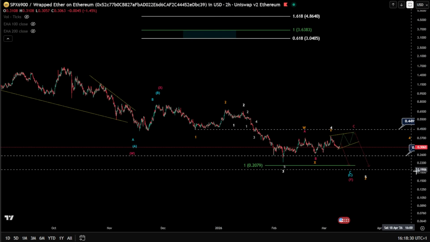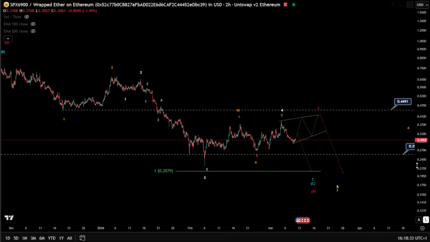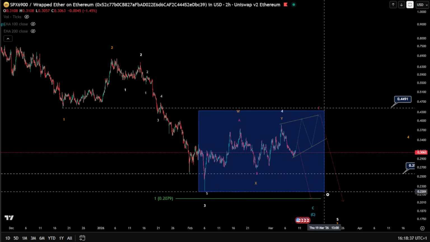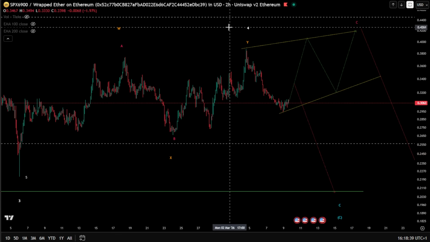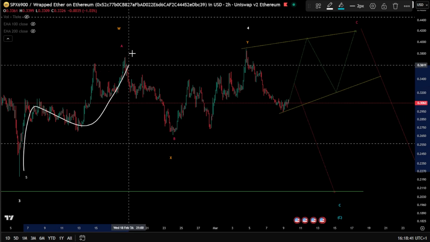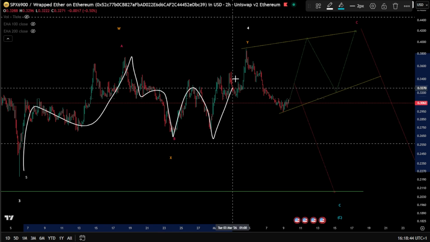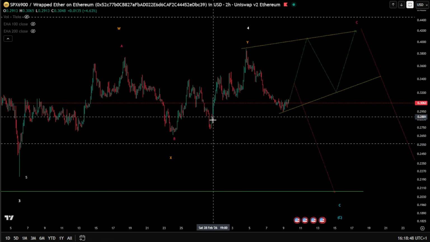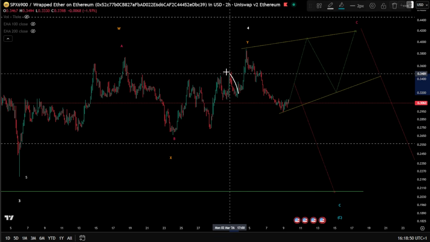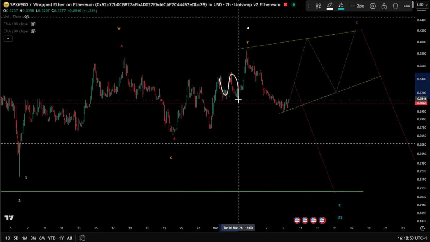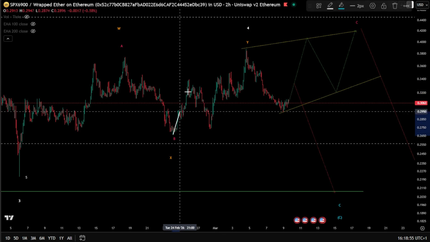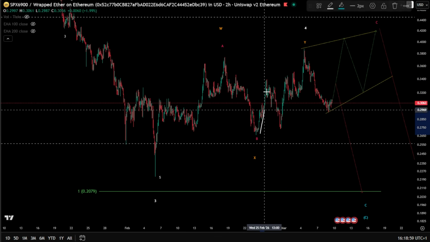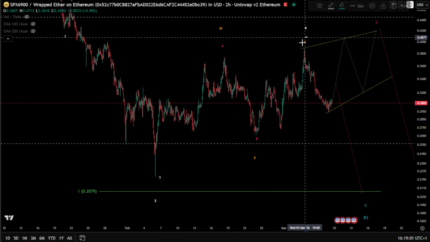Yeah, so we'll see how this is going to unfold. What is important for me right now is, of course, to track the micro level here in this correction where you have a W and X here and a wave Y that it can be finished in 3 waves. Again, the same problem that we face in most of the crypto market is this, of course, a running flat that we got in between, that it ends up here as 3 waves toward the upside, which make it, of course, WXY inside a wave Y.